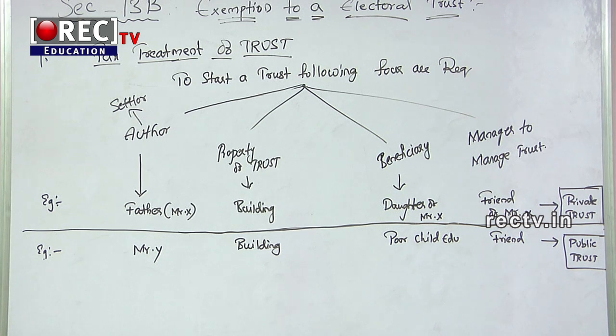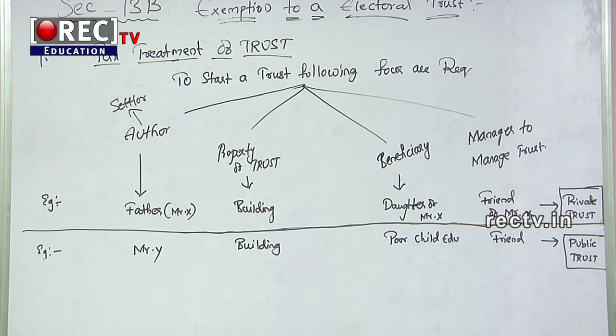A trust with an object of general public utility can engage itself in a trade, that is buying and selling like that. However, it should be ensured that the total turnover of such trade activity should not exceed 25 lakhs. If the turnover exceeds 25 lakhs, the trust is no more treated as charitable for that year. So friends, here you should be careful. Only if the turnover exceeds 25 lakhs is it treated as if there is no trust. The 25 lakhs limit applies only when the object is general public utility.